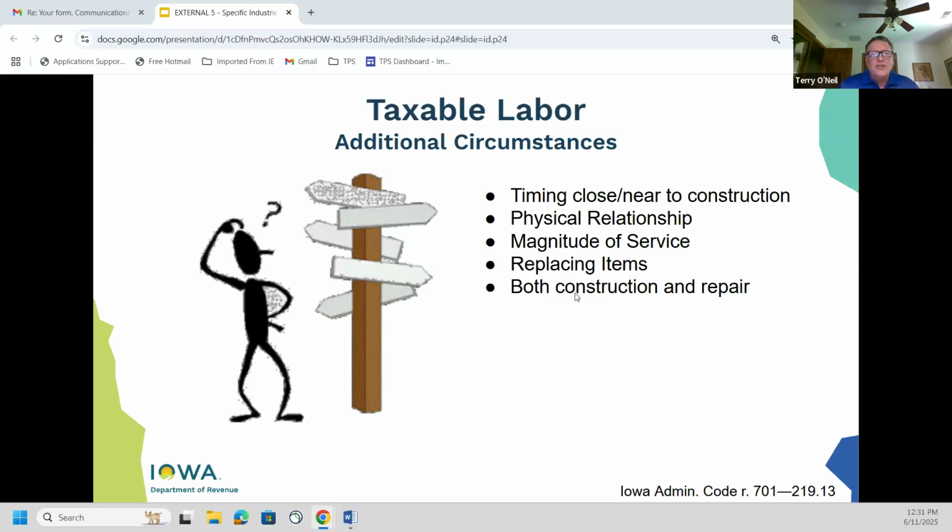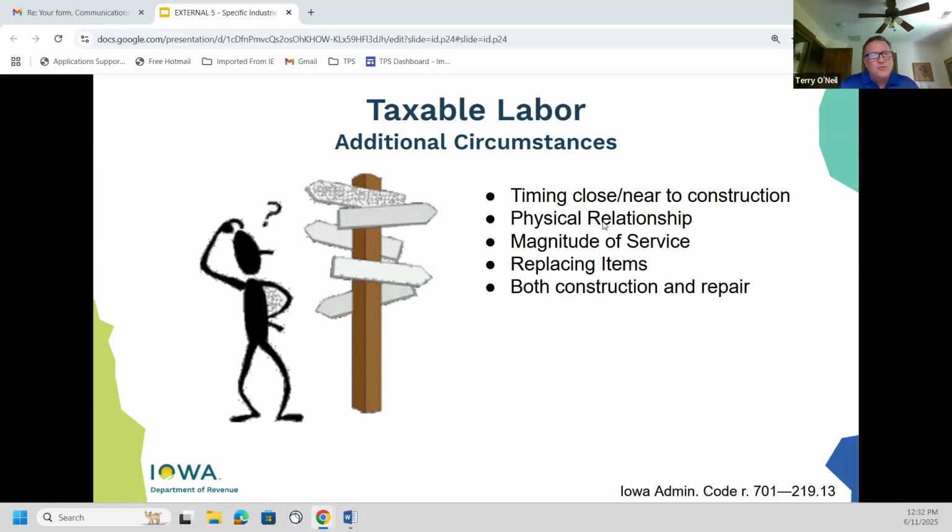This one and also the final one, they're both construction and repair. Perhaps we'd take a look at if you're remodeling your kitchen, and while the electrician is there, you say, hey, while you're here, can you put up a new ceiling fan in my kid's bedroom that's upstairs? That has nothing to do with the construction. So electrical installation to put in the new ceiling fan, that would generally be a taxable situation. And so, again, we are looking at that.